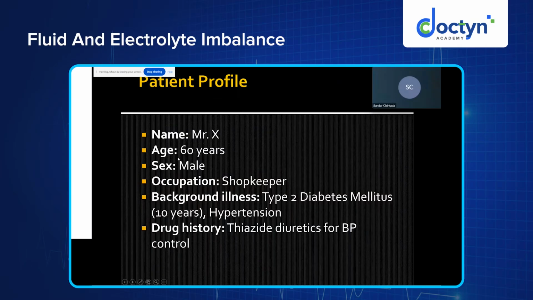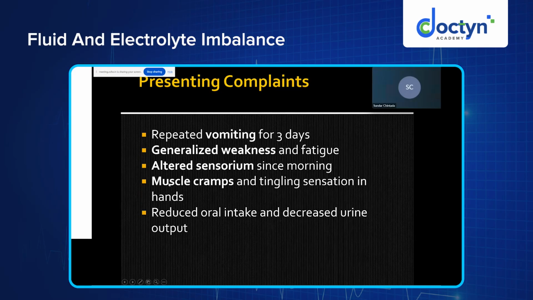There is a patient, Mr. X, a 60-year-old male, a shopkeeper by occupation. If we talk about the background illness of the patient, he has type 2 diabetes mellitus, present for almost 10 years. He also has a hypertension history of 5 to 10 years. The drug history is that he is on thiazide diuretics, just thiazide diuretics, for control of blood pressure. The patient presented to the emergency or critical care setup with repeated vomiting,